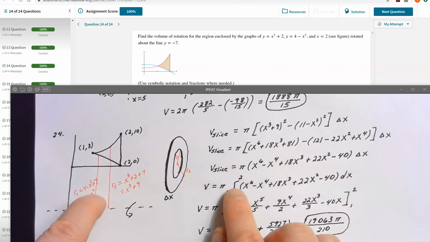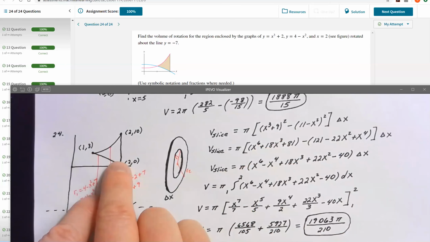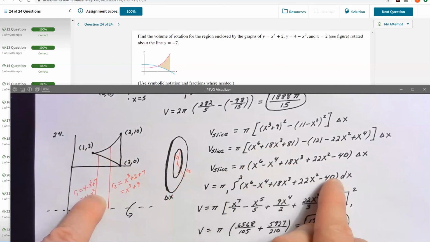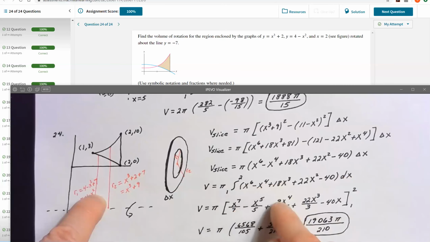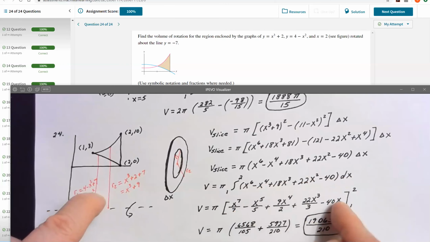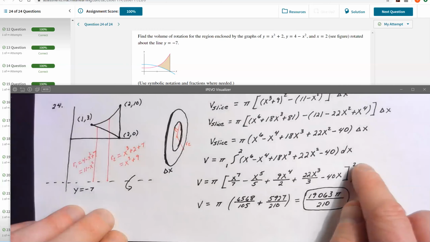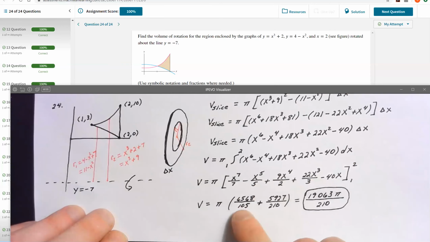Now, the volume of the entire rotated solid would be the integral of where these slices begin to where they end in terms of x. Well, that's just from 1 to 2. Integrate pi times the integral from 1 to 2 of my polynomial with respect to x. We use the power rule for every single one of those terms. Really easy to integrate this problem. And then after you integrate, for the upper limit, you just plug in a 2. I promise you, when you plug a 2 into that expression, you should get